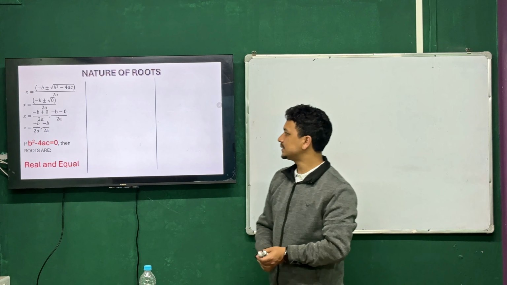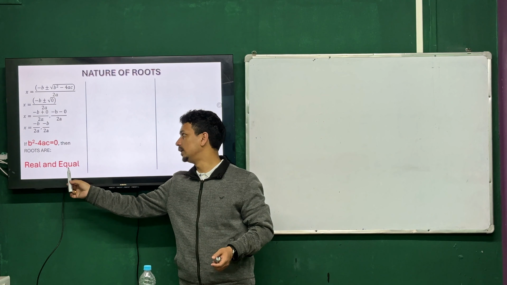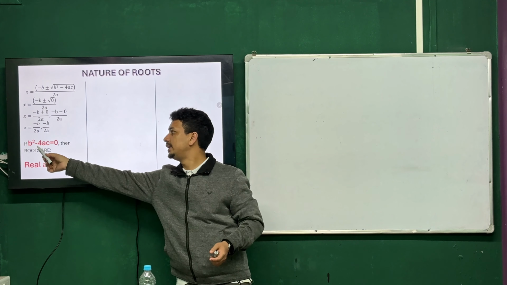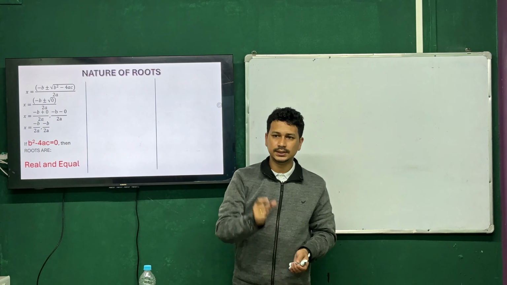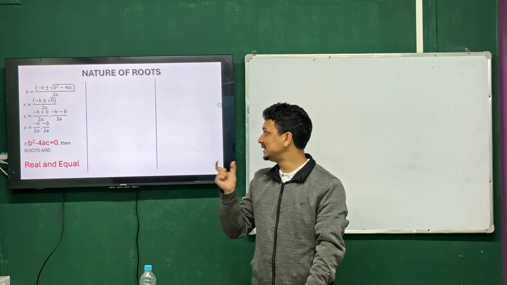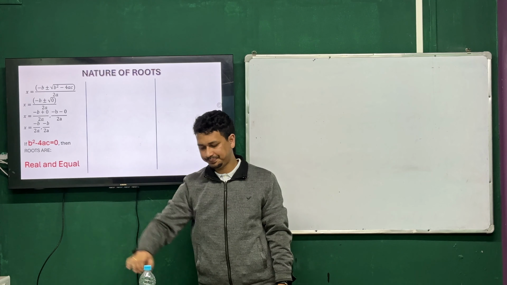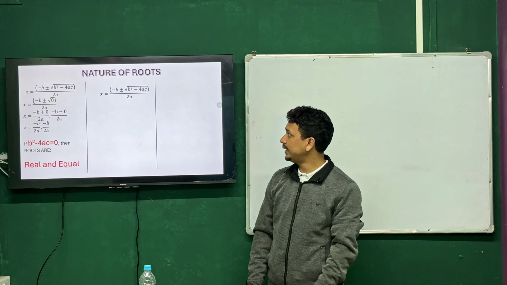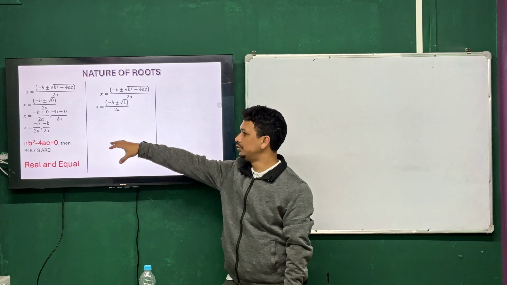So in this case, we say that the roots are real and equal. So when will the roots be real and equal? When b square minus 4ac is 0. The term inside the root, if it is 0, then the roots are real and equal. The other situation that we can end up with is, let's say we don't get 0, but we get a